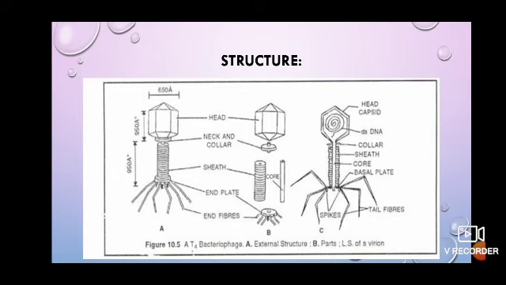So this is the structure of the bacteriophage. The first figure is the external structure, the second one is the parts dismantled, and the third one is the longitudinal section. When you cut open a bacteriophage, what are all the parts you get to see inside? There you can see a tail core, contractile sheath, collar, double-stranded DNA, head or capsid, basal plate, the spikes on the undersurface of the basal plate, and the 6 long folded tail fibers or caudal fibers.